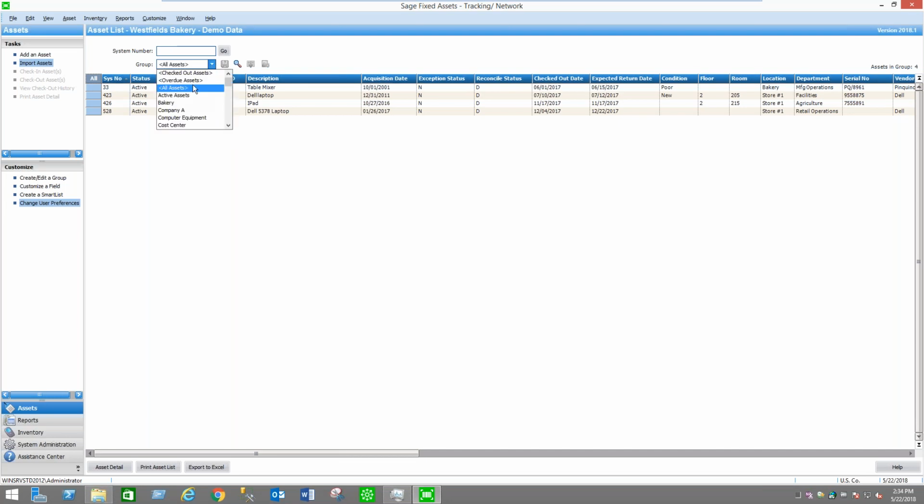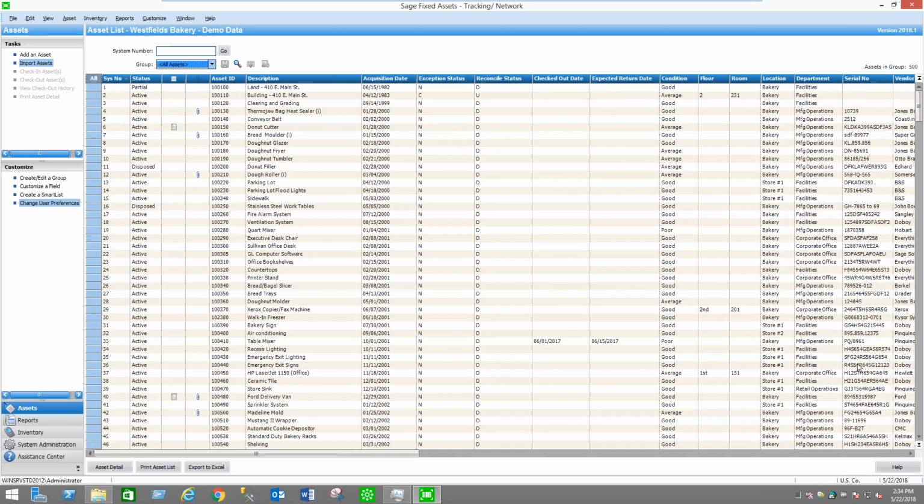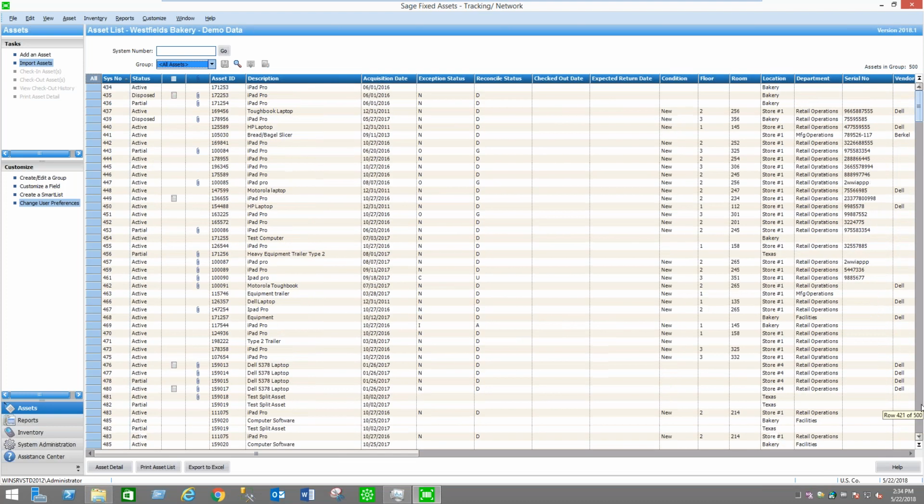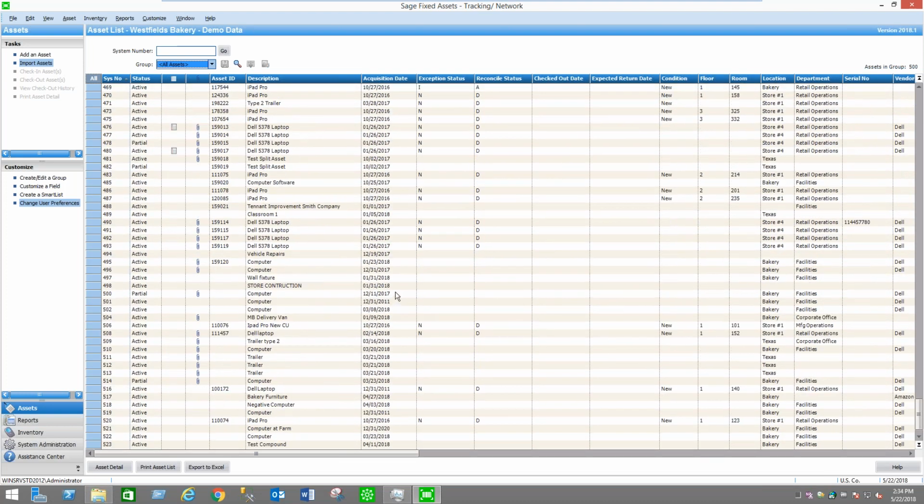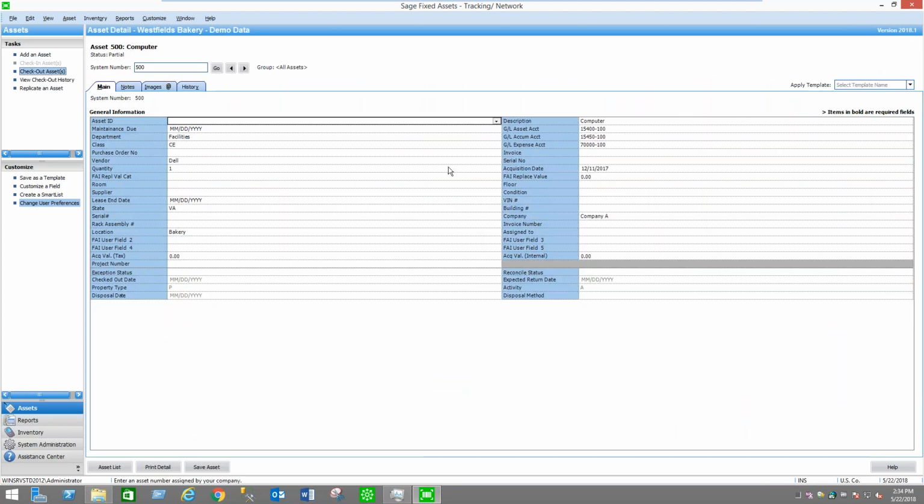Now, if I actually go into any of my asset details, you will be able to see that I can access any of the general information fields, but have no access to the book information fields. So if, for example, you're separating responsibilities where your accounting or tax department handles your tax and financial depreciation, but you have asset managers or IT or other groups responsible for the physical inventory, they cannot access the book fields at all, but they can access all of the general information